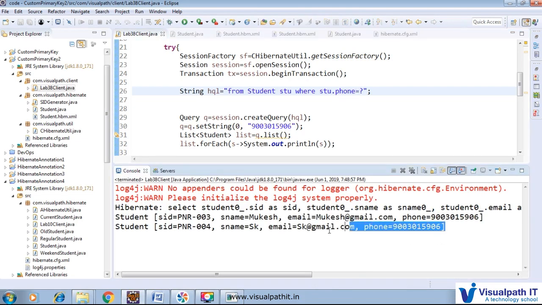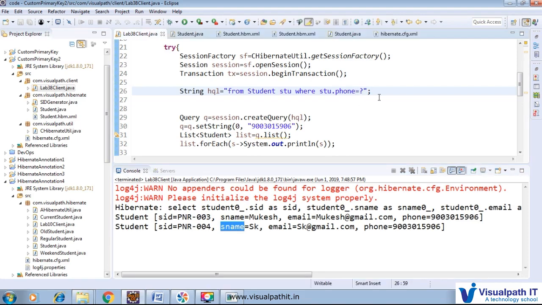Yes. So we got two student records whose phone number is the same. The names are Mukesh and SK. But I would like the phone number to be something specific and the S name equal to SK. So we will do the same operation here, and we will apply